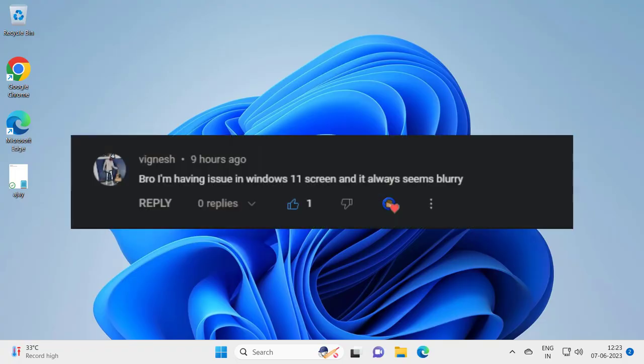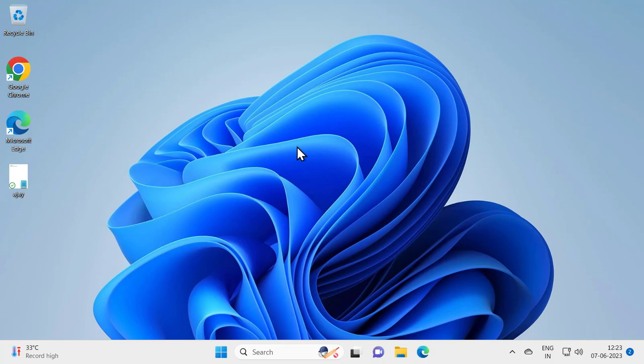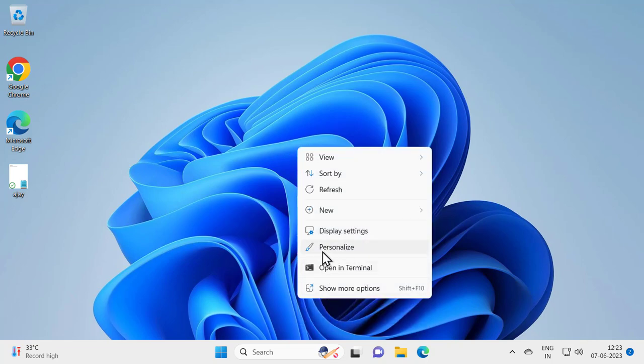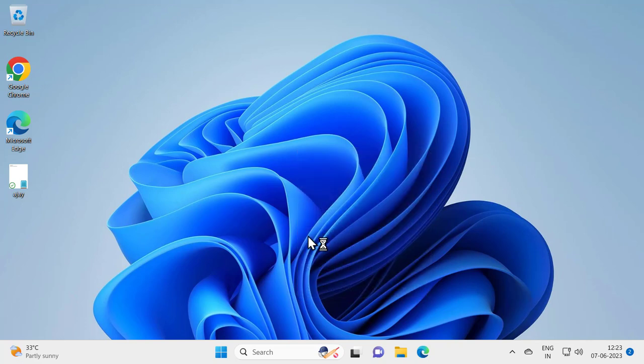Today we are going to see how to fix blurry screen on Windows 11 computer. Let's fix that issue. For that, right click on the desktop and go to display settings